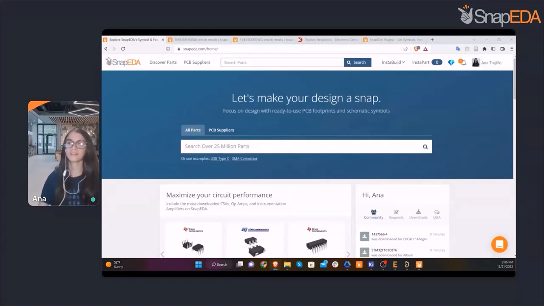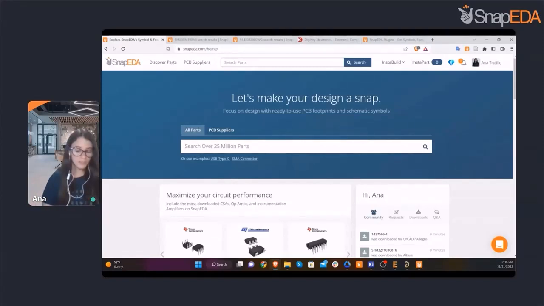Basically, what you can type here is anything related to your part. You can type a part number directly, if you know exactly the part you want, but you can also type a series number, a category, or some description of the part you need, anything that will help you find the part you are thinking of.